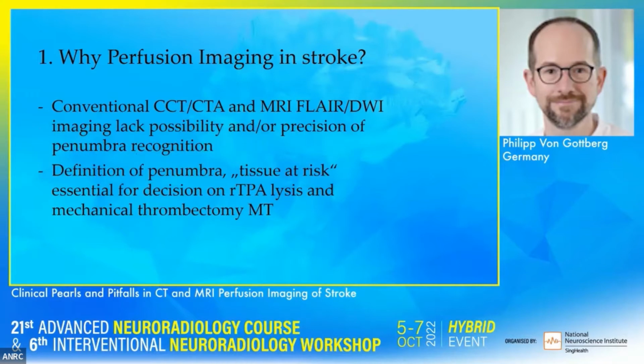First of all, why perfusion imaging in stroke? We all know that plain CT scans can show acute infarction of brain tissue through the loss of density in the gray matter. Early CT signs can be seen in the earliest 2 to 3 hours after the onset of the ischemic infarction of brain tissue. However, this imaging does not contain any information about tissue that may still profit from therapy,